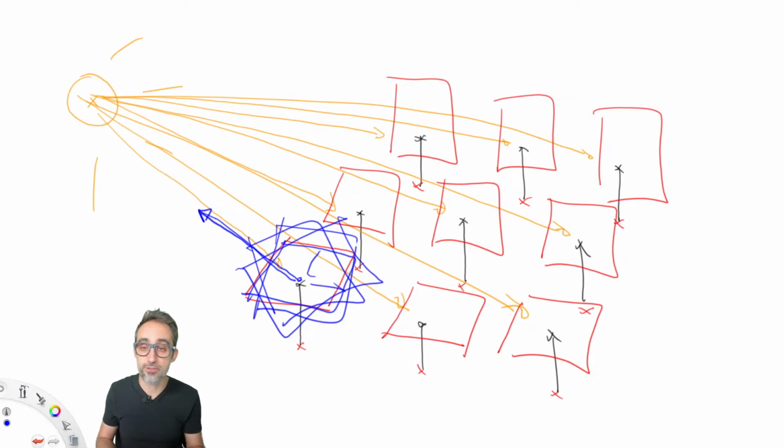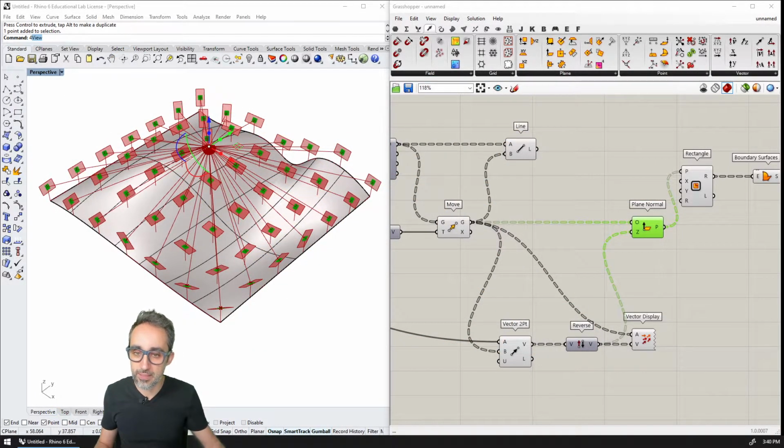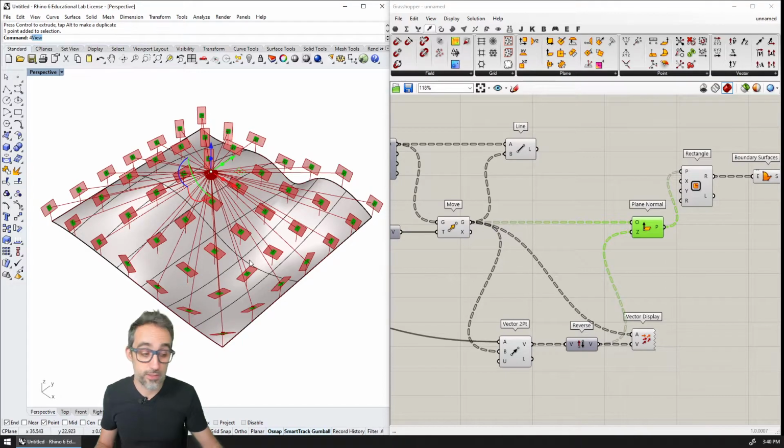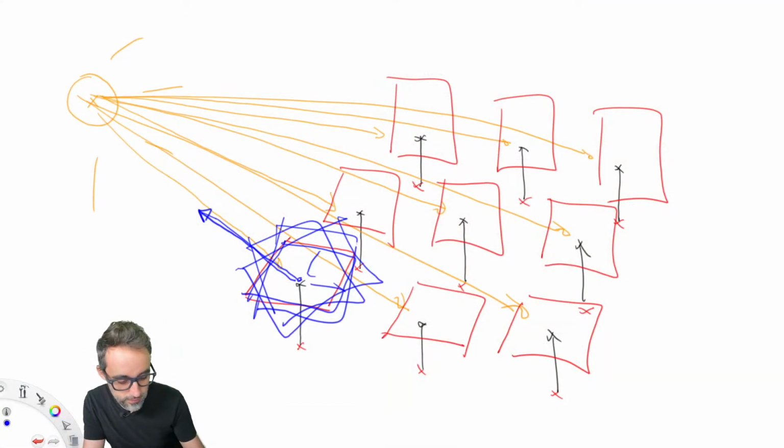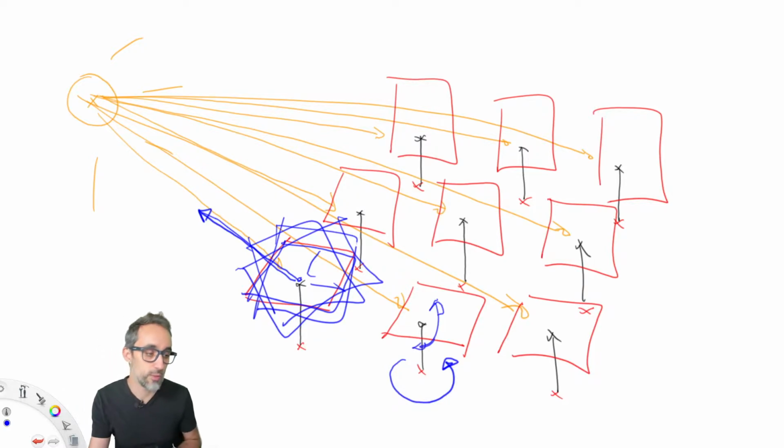So there's infinite solutions, and Grasshopper just chooses one arbitrarily with some kind of rule that we're not really sure of. And if we were on the field, typically this would not be a solution for us, because these elements have a mast, and the way they can rotate is they can perform a rotation around the mast, and they can perform a rotation perpendicular to where the mast is. So this kind of solution is not going to work for us.